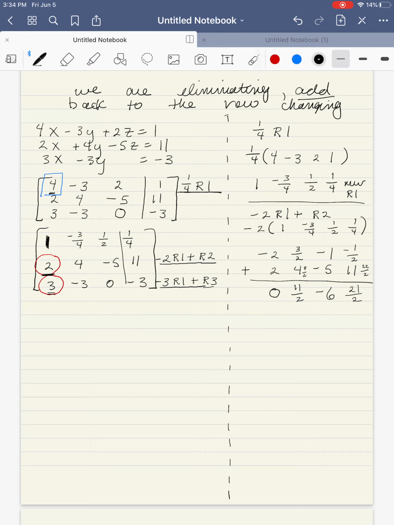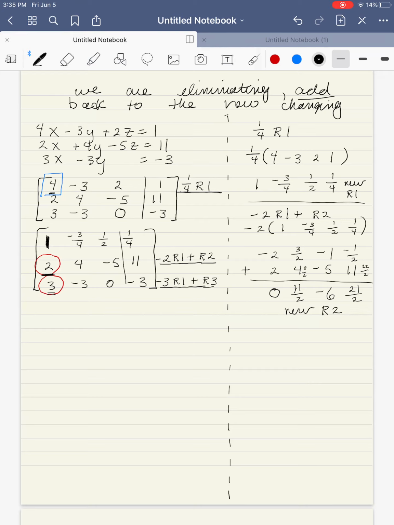And I would think it's going to be useful and beneficial for you to learn how to use fractions, multiply and add fractions. But if you must use your calculator at this point, that's fine. Just go ahead and write your numbers as fractions, not as decimals. So this is my new row 2. But I'm not going to, at this point,